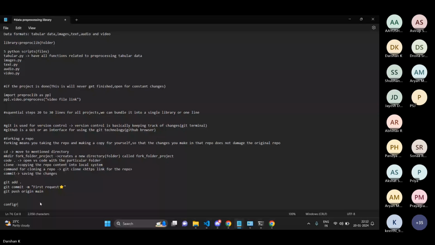the GitHub Git permissions. So how you do that is you go to control panel. From control panel, you put small icons, and from small icons, you put credential manager, and then you go for